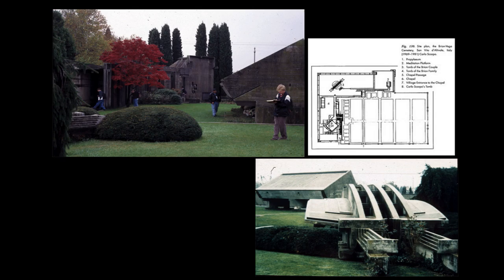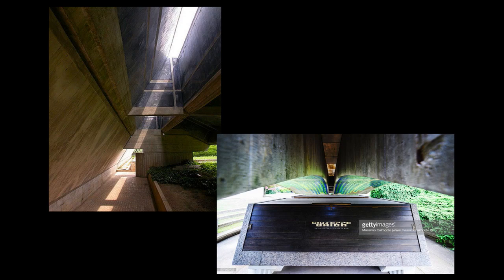In the image to the upper left, we can see the covering for those burials over to the left. And then we'll take a look down at the end of that arm of the L to the chapel, which is beyond the brilliant red tree that you see here in that particular view. In both the covering for the burial spot of the other family members, as well as the arcosolium for the parents in the family, which you're seeing in the lower right here, we see an attention to light and